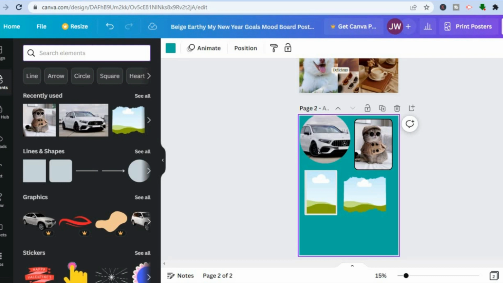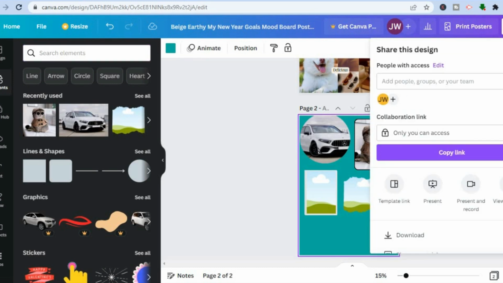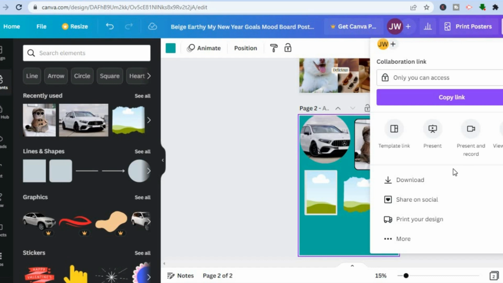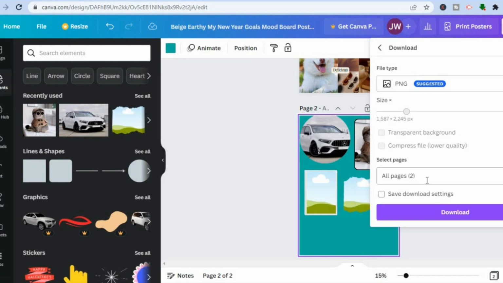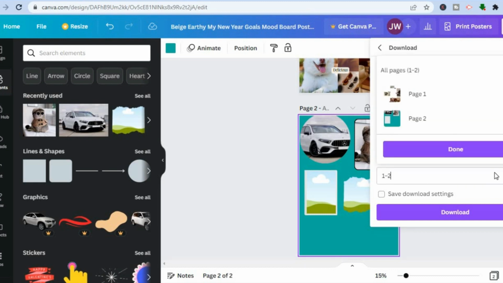Once you're finished, you're going to go over to the top right hand corner and you're going to select share. After selecting share, you're going to scroll down and you're going to tap on download. Once you have selected download, you want to ensure that PNG is selected right below file type. Then right where you see select pages, you're going to tap right there and you are going to download individual